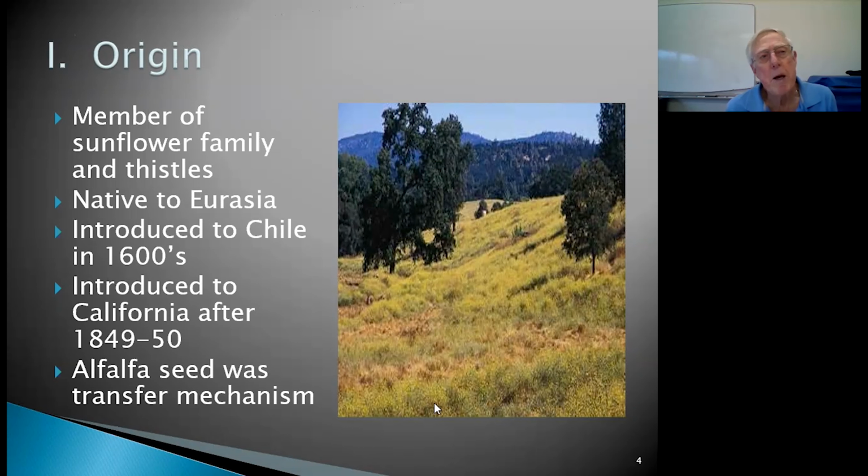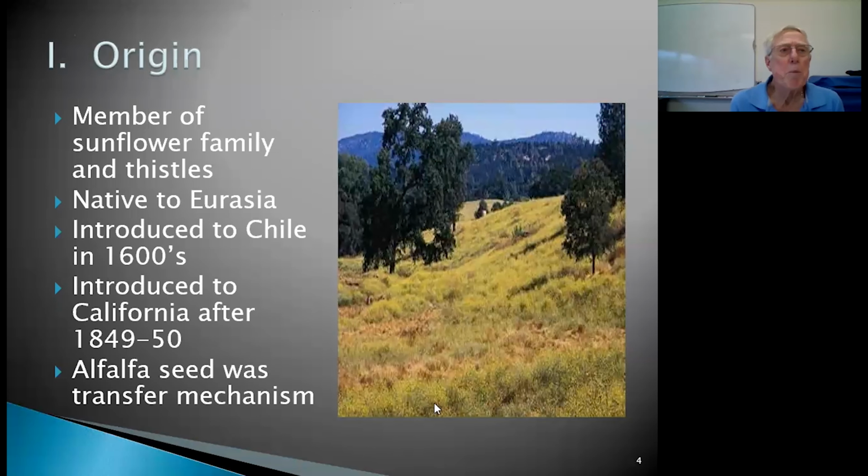So they brought their cattle, their horses, their sheep, their goats, all this stuff over there, and then they needed to have forage for those animals, and so then they imported alfalfa seed to grow forage for those animals. Unfortunately, that alfalfa seed was also contaminated with star thistle seed. And so once it got into Chile, it grew just as well as the alfalfa did, and then it began